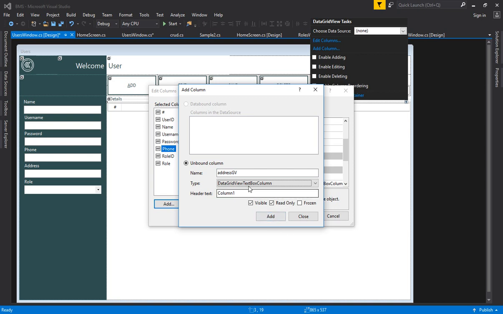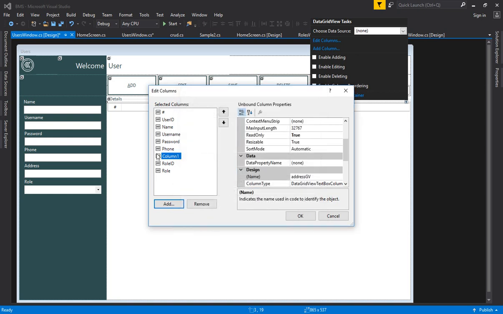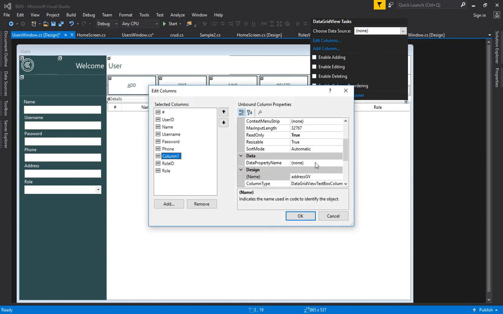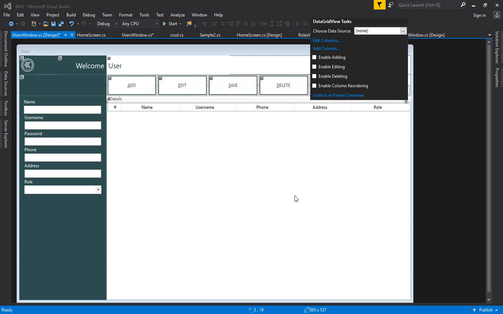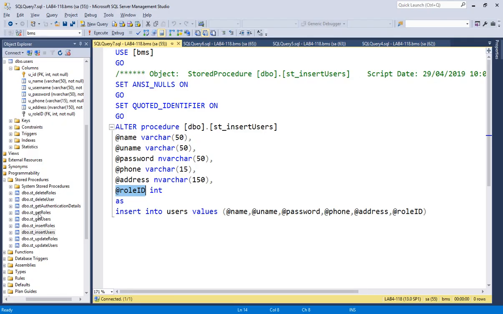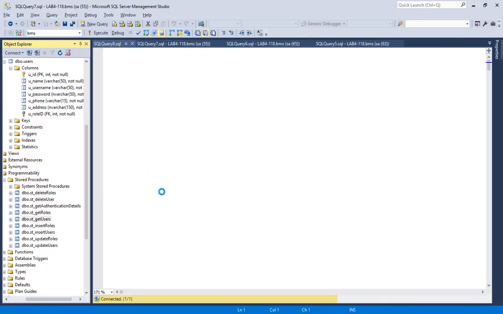Okay, now address. After address we have the role ID and role already, so close it and then okay. So everything is now appearing. Okay, what's this? Let me check which column is this one. Address, yes, so I have to write here address. That's it, and then click OK. Now that's all set. Now go to your code and find your stored procedure for get users, modify here, because